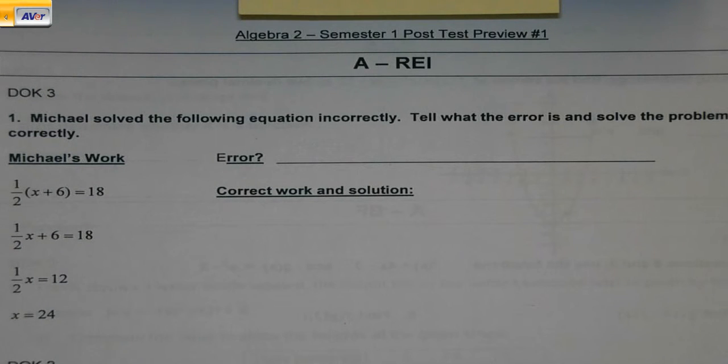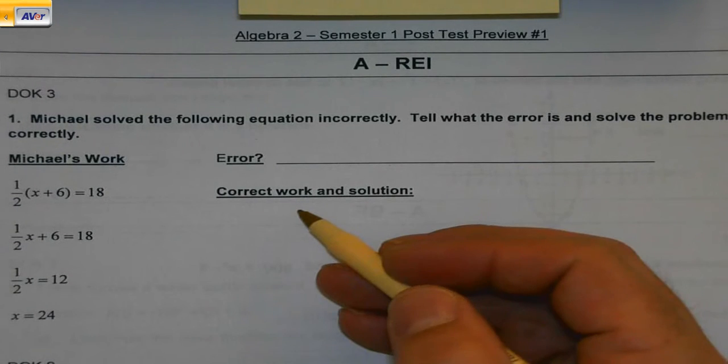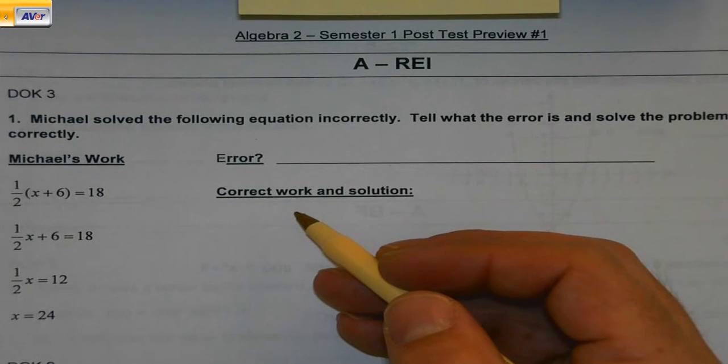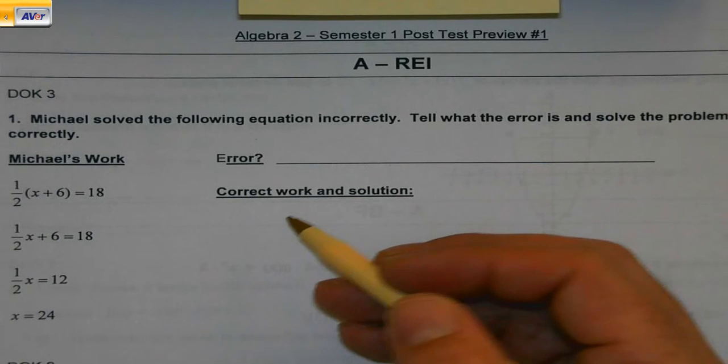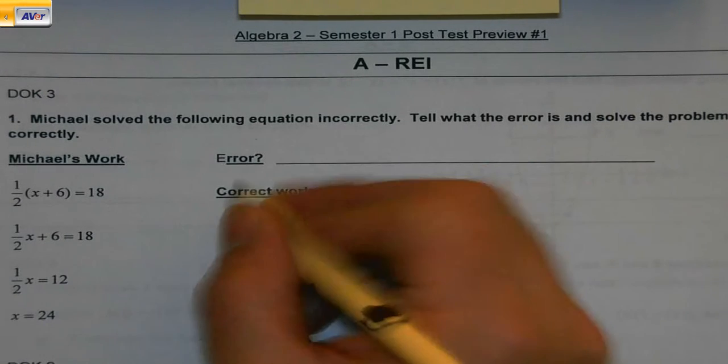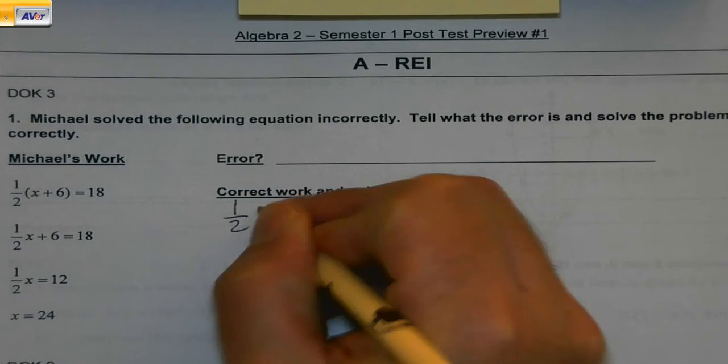So, number one, we've got Michael solved the following equation incorrectly. Again, incorrectly. It's not right. Okay? Tell what the error is and solve the problem correctly. So, we start to look through what Michael did. And my suggestion is, since you have to show the correct working solution anyway, would be to look at this and say, okay, well, I'm just going to do the work now myself. So I'm going to go ahead,